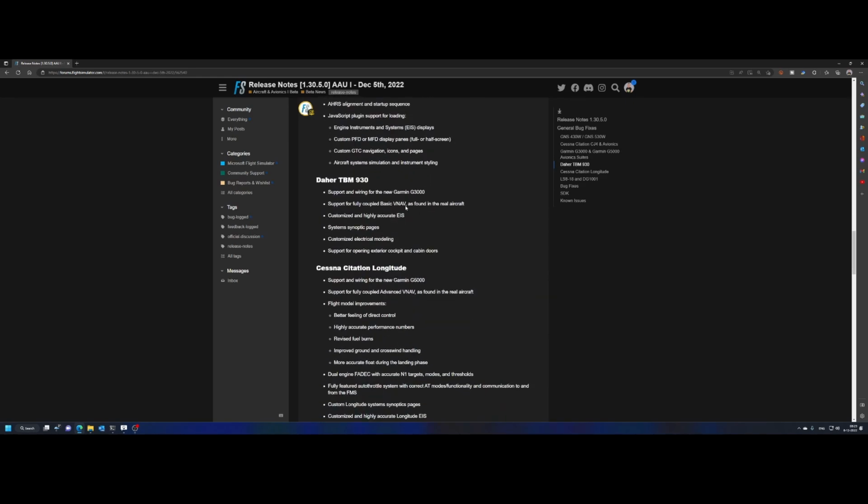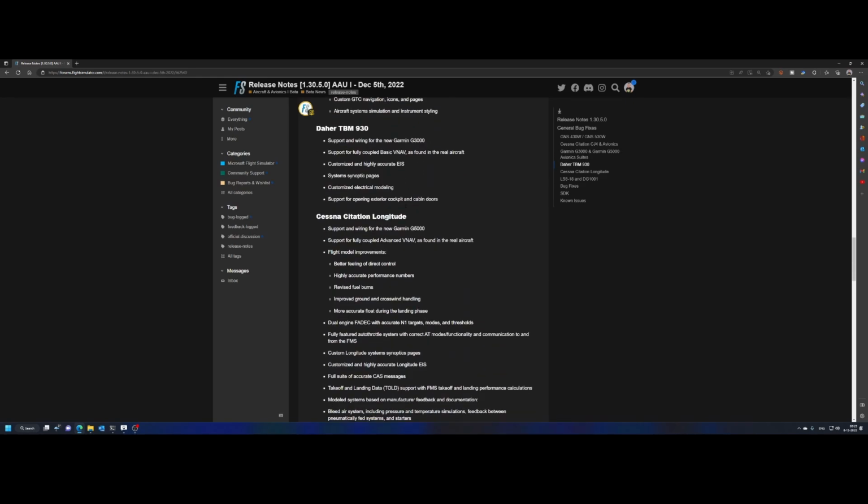Then coming to the, I would say, other aircraft, right? The specific aircraft fixes. Well, that's also a long list, specifically for the Daher TBM 930 and for the Cessna Citation Longitude. The TBM 930, there's now support and wiring for the new Garmin G3000. And there's the support for the fully coupled baro VNAV, as found in the real aircraft, customized and highly accurate